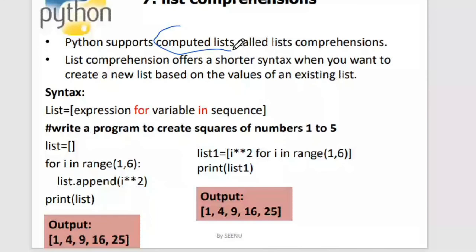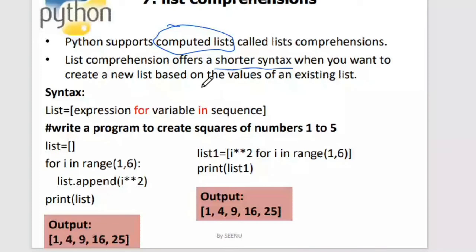Why it is an advantage is because it offers a shorter syntax when you want to create a new list based on the values of an existing list. With fewer lines, you can create a new list.